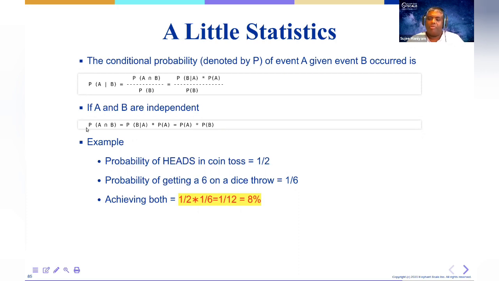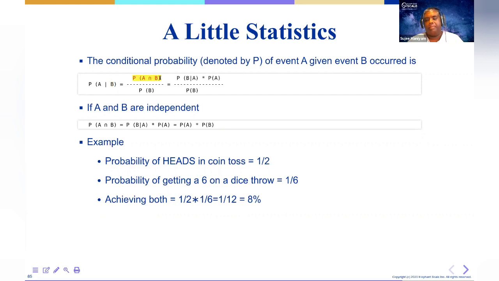The way to read this is: probability of A happening given B. So if B is happening, what are the chances of A happening? And that's what the probability theorem follows here. And how do you calculate A and B? Basically, if A and B are independent, you can simply multiply the individual probabilities. That's the idea.